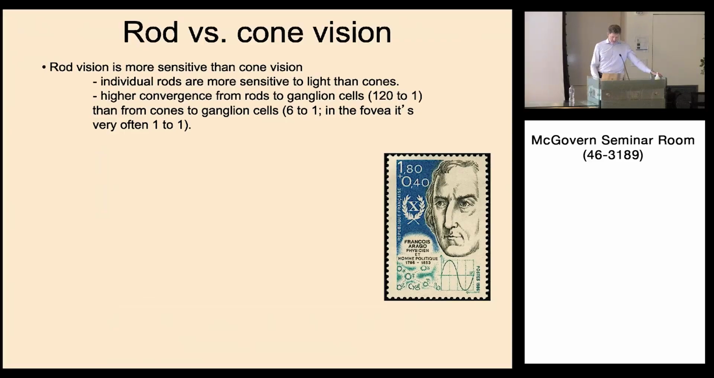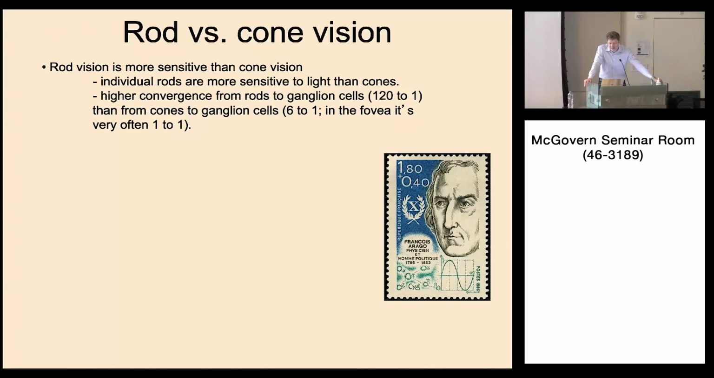There are conditions in which you are primarily dependent on rods and conditions where you're primarily dependent on cones. The so-called rod and cone vision have a number of differences. In general, rod vision is more sensitive than cone vision. So when you're reliant on your rods, you're better able to detect light. Some of this comes from the fact that individual rod photoreceptors are more sensitive to light than individual cone photoreceptors. But part of this also derives from the fact that there is higher convergence from the rods